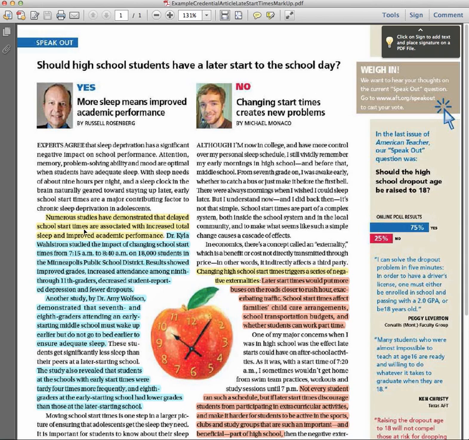He goes on to cite another study by Dr. Amy Wolfson, and a study that she did with the 7th and 8th graders. So even the pieces of information that he's citing in the article cite other people who have good credentials, good background for talking about sleep research and sleep impairment and that type of thing.